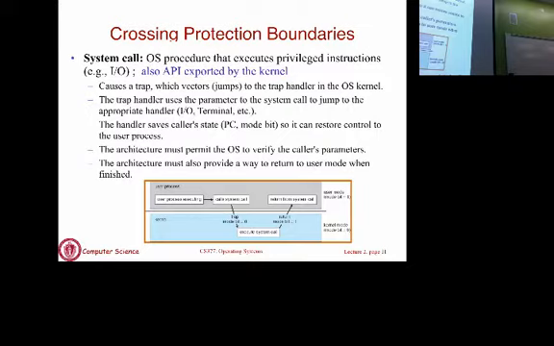Now let's say an application wants to write a file. Writing a file is I/O and it's privileged from our perspective. So the application is not allowed to actually write a file. So how does that work? How does it actually manage to write files? The way it works is you have to actually ask the OS to do that operation for you. The end application is not allowed to do I/O directly. But whenever it wants to read or write a file, it tells the OS, do this for me. And the OS is then going to check that it's the right thing to do and then execute that task on behalf of the application.